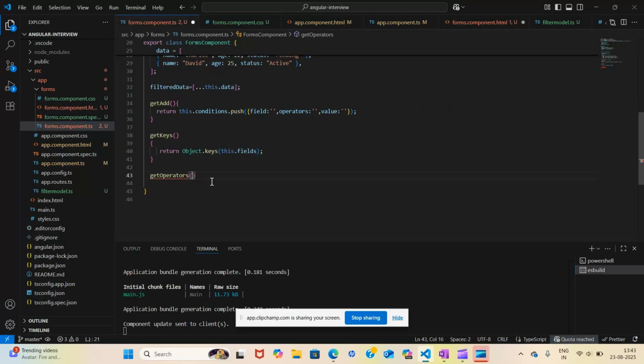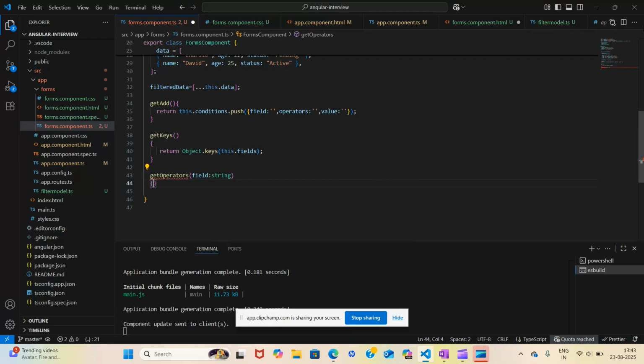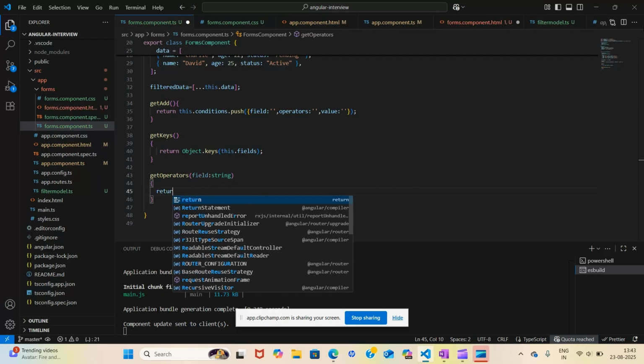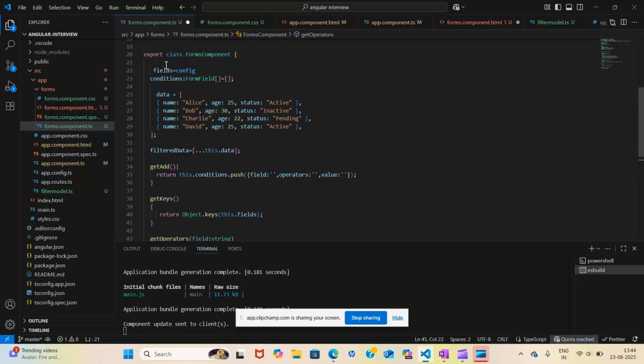So this get operators is now expecting one argument, and that argument should be field, and that field will be of string type. Okay, now what you will do: you know that we want the value of this field, right? So this dot fields, because this fields is your config.